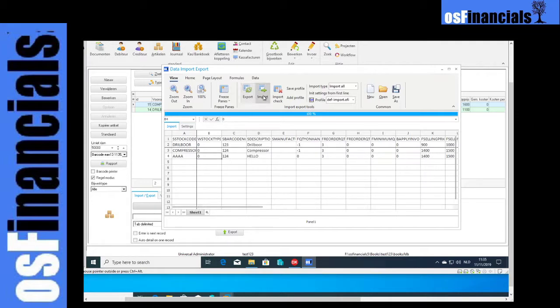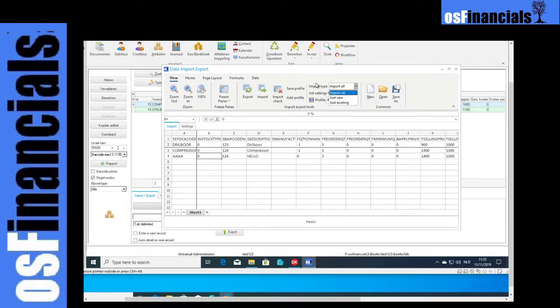Okay, so let's do an import. Voila. Now these definitions get saved over here. You can add more profiles to the import settings. There's things like you can import all, or just new, or just update the existing. So all those algorithms are in there. Then let's see, is there? Yes, you can of course save